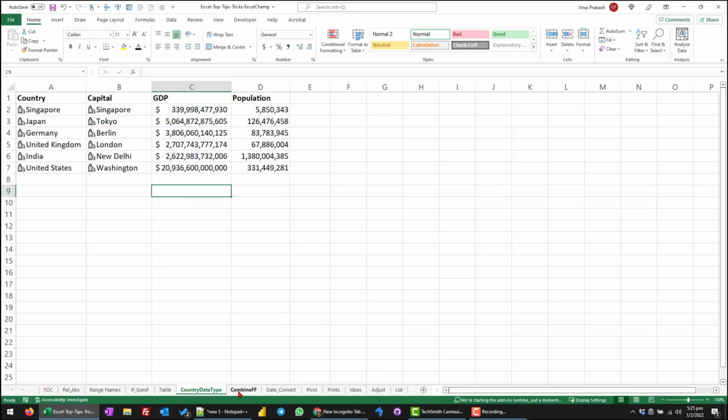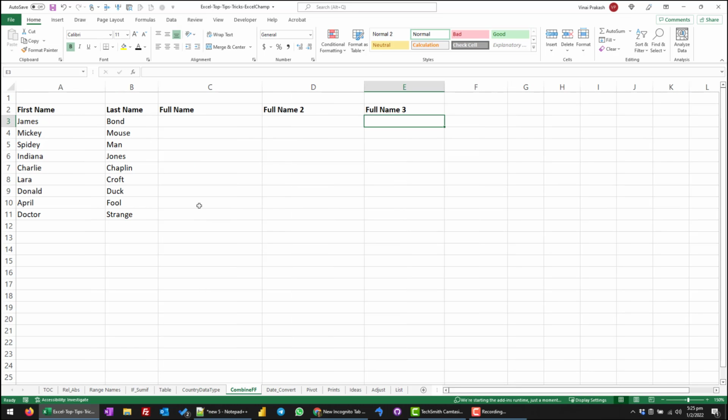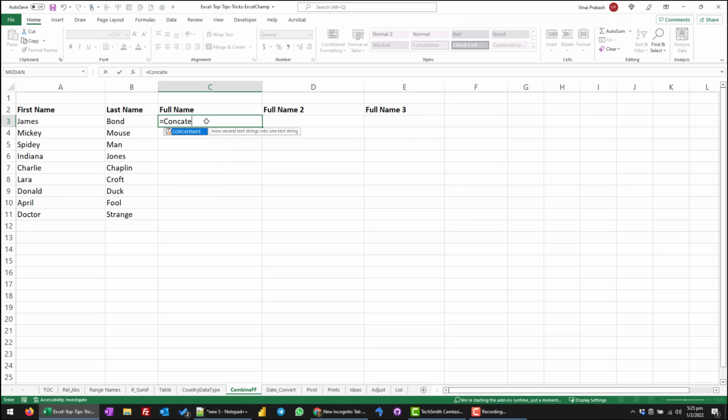Next, our tip number 9. I'm going to show you multiple ways to combine the data. Quite often when I receive data from ERP systems, the data could be separated in different values, like in comma separated CSV files. If the first name and the last name are separate, I can easily combine them into the full name. There's a function called concatenate, and it's been replaced by a newer function which I'll show you. It's called